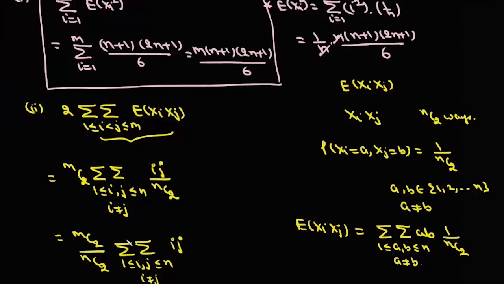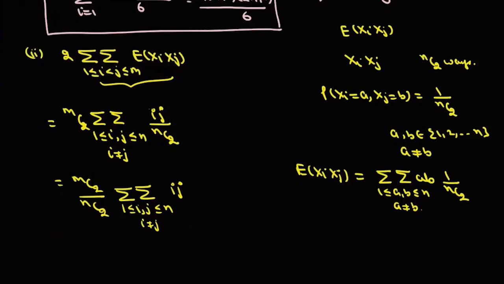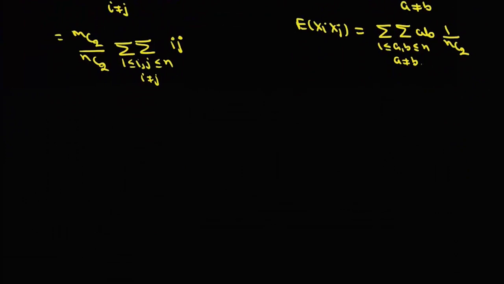Now we need to find this summation. Now we can simplify this as m minus 1 upon n minus 1, and here it is the product of all the numbers from 1 to n